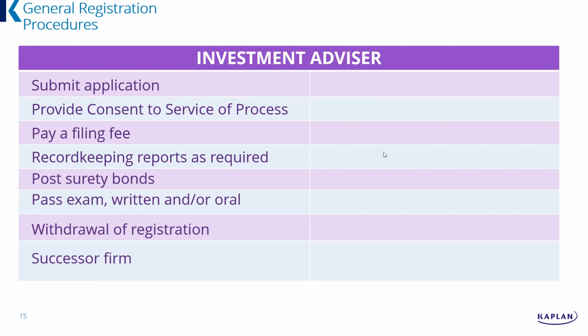Okay, so as an investment advisor, this is applicable to the 65 as well. So I'll also put it in the 65 playlist. So we submit an application. I'll give you a chance to project what you think that application is going to be. You can hit pause, take as much time as you'd like. And remember, that's going to be our Form ADV, Part 1A and 1B. Form ADV Part 2, remember, is the brochure. I would just want you to know that it's Form ADV.